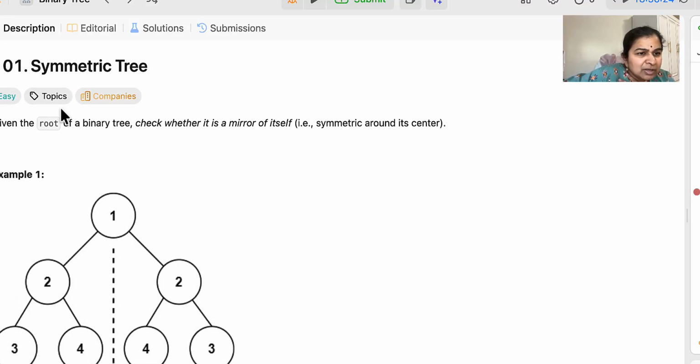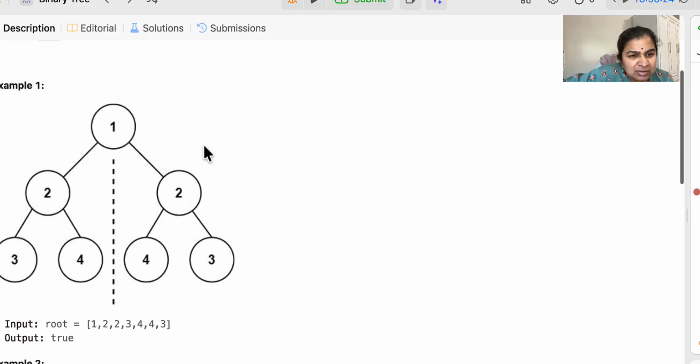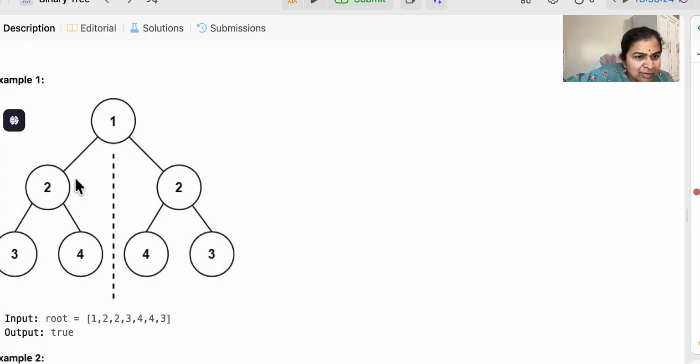We're going to be looking at 101 symmetric tree. It's an easy question. Given the root of a binary tree, check whether it's a mirror of itself, that is, symmetrical around the center. So if I draw a line here and I see that 1 is the root, then